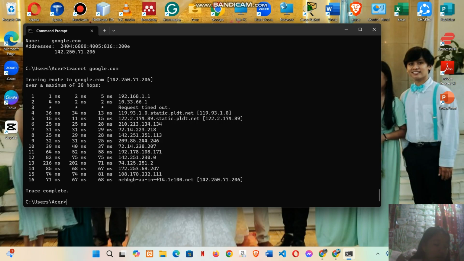So next is to test an open port. Just type telnet 192.1.80.